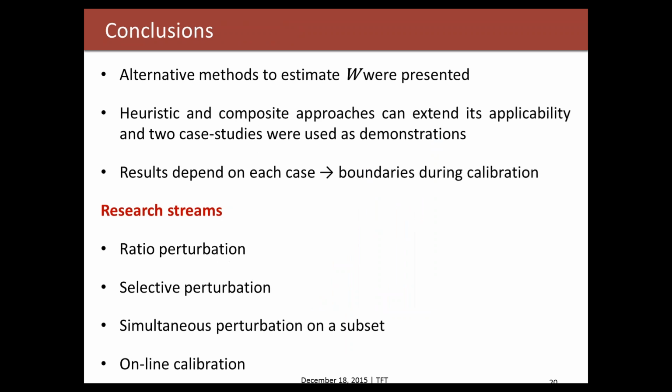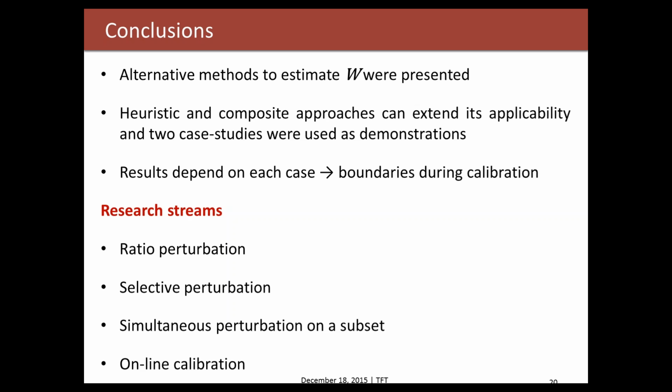So to wrap up, we've presented alternative methods to estimate the weight matrix. Heuristics and composite methods can extend its applicability, so that flexible way that we can specify how to compute the weight is a big advantage in the way we formulated this paper, and we showed it with 2 different case studies of very different nature and models. And obviously there is a very important aspect, the definition of the boundaries during the calibration. From our experience, we understand that the convergence can get much faster if the boundaries are well set,